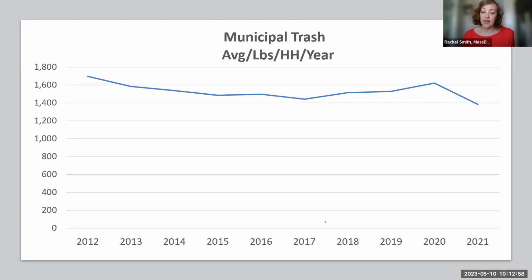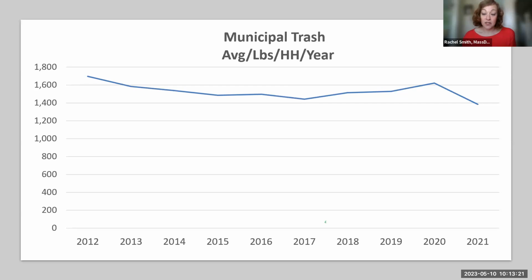But regardless, this slide is interesting because it shows that residential trash decreased steadily from 2012 to 2017. Then it slowly started going back up, peaking in 2020. The increase for 2020 is likely due to the COVID-19 pandemic. I know more people were home. We saw an increase in both trash and recycling during this time.